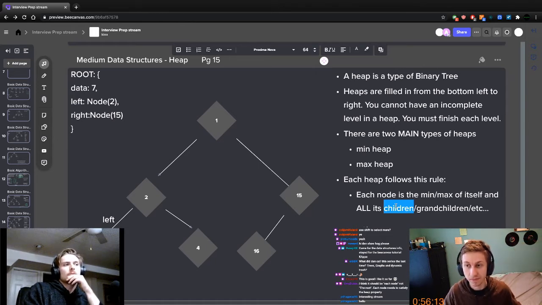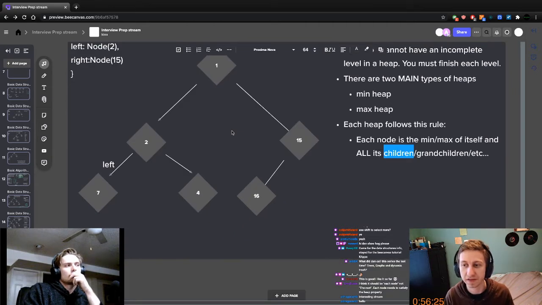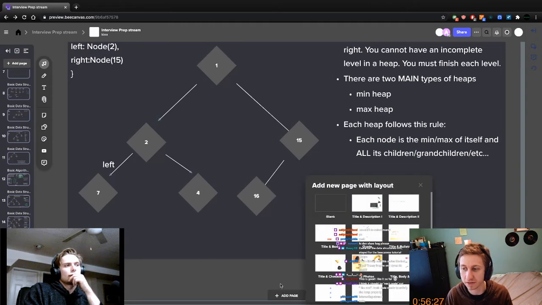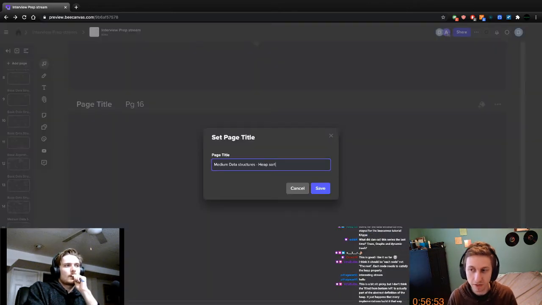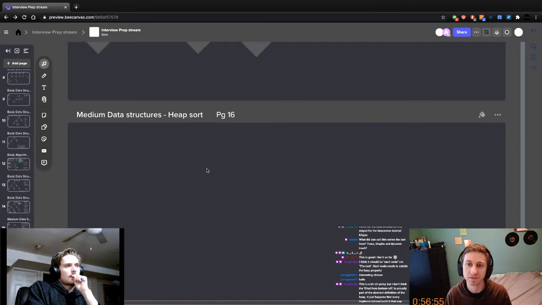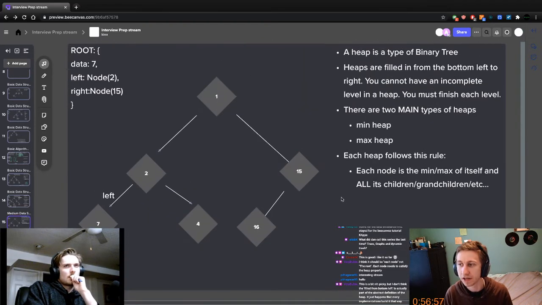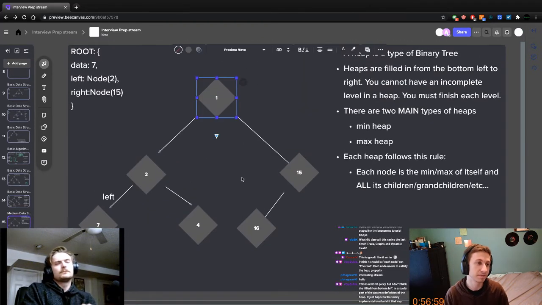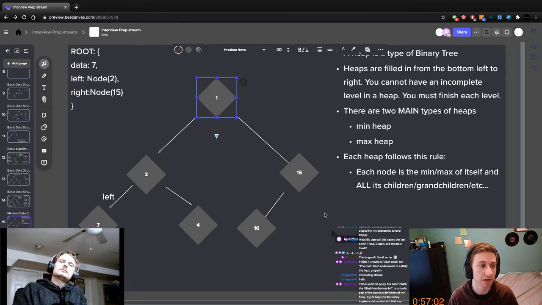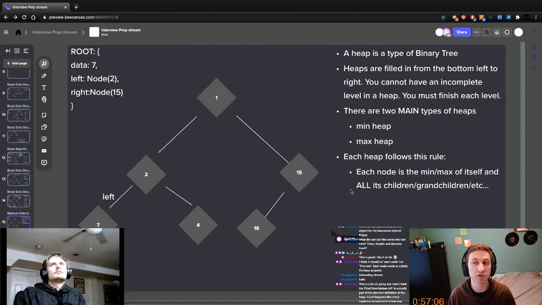So, here's the big thing. The key with a heap is there's a handful of algorithms that we talk about. Now we're going to talk about heap sort, right? So here's the idea. If I tell you that the top number is always the lowest in the heap, and that's always true, if you wanted to sort a bunch of items, right, sort everything in the heap, least to greatest, all you'd have